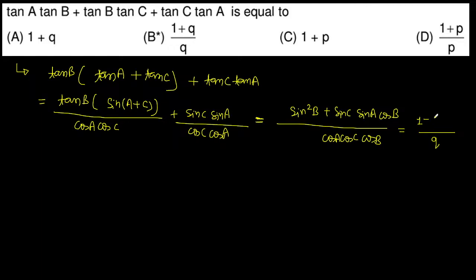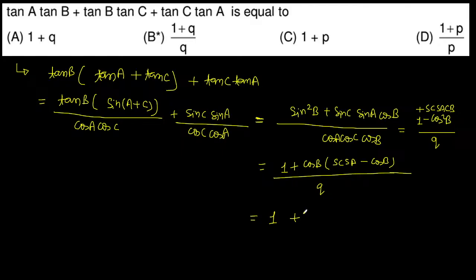1 − cos² B, ओके, और यहाँ पे sin C sin A cos B है। तो इसको फर्दर करते हैं। तो 1 तो बच जा रहा है, Q भी बच जा रहा है। अब cos B कॉमन लेते हैं, हमारे पास बच क्या गया, sin C sin A और −cos B। फर्दर इसको क्या करते हैं, cos B तो cos B रह गया, इसको लिख देते हैं π − (A + C)। तो π − (A + C) प्लस हो जाएगा,